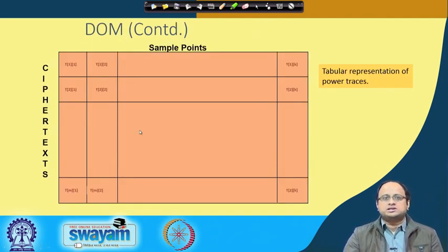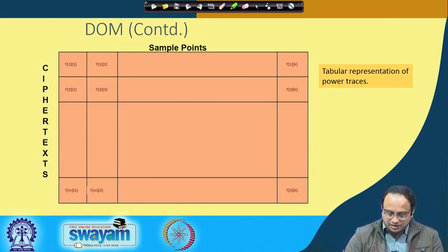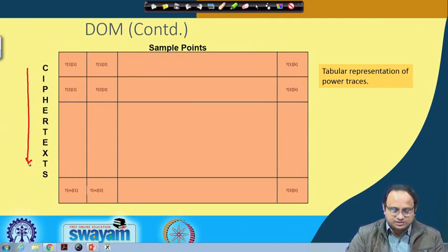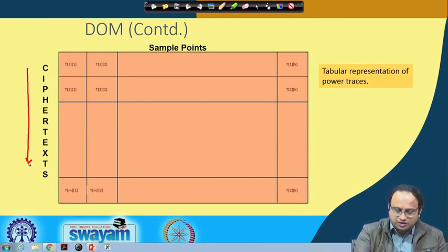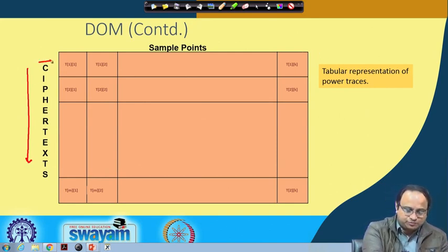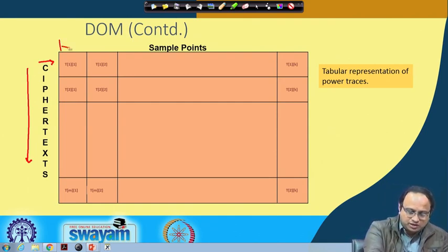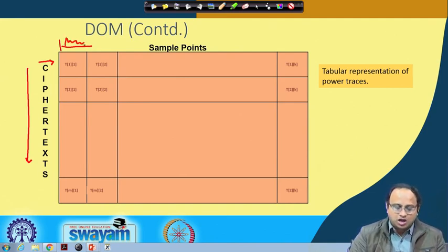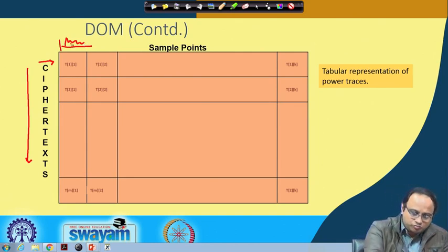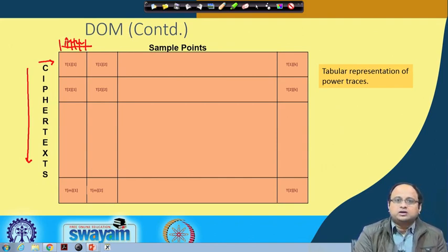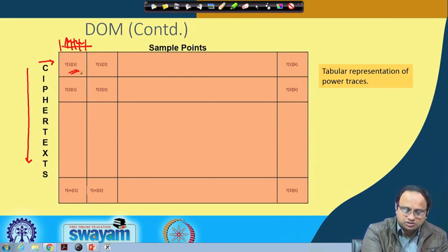So this is an example of how your power table can look like. This is nothing but the various ciphertexts that have been observed. Suppose this ciphertext corresponds to an encryption operation of AES, and what we have observed is the corresponding power trace of AES. How do you note the power trace of AES in this table? You sample it at different time instances, and then you find out the corresponding real value, and that real value is stored in this table.